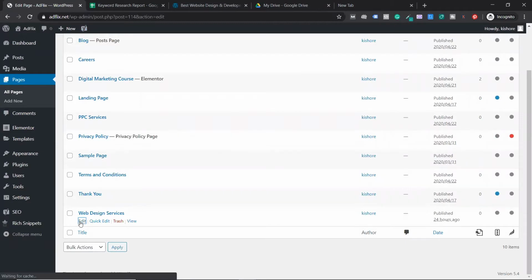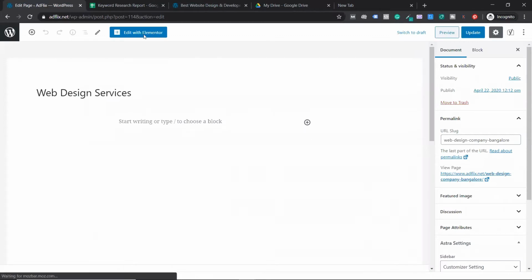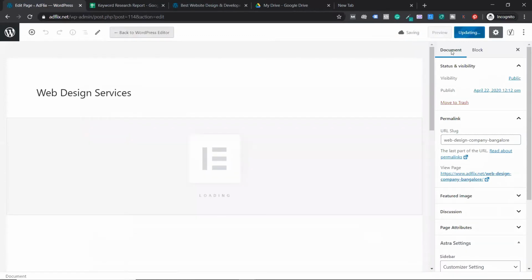Now, what you should do is start structuring or designing your page. You know how to use Elementor. I'll click on edit with Elementor, or if you're using any other page builder like Divi, Beaver Builder or Thrive Architect, any page builder is absolutely fine, guys. Whichever page builder you're using, you have to design the page now. I'm not going to design the page. I'm going to add only the blocks and sections and finish it now.